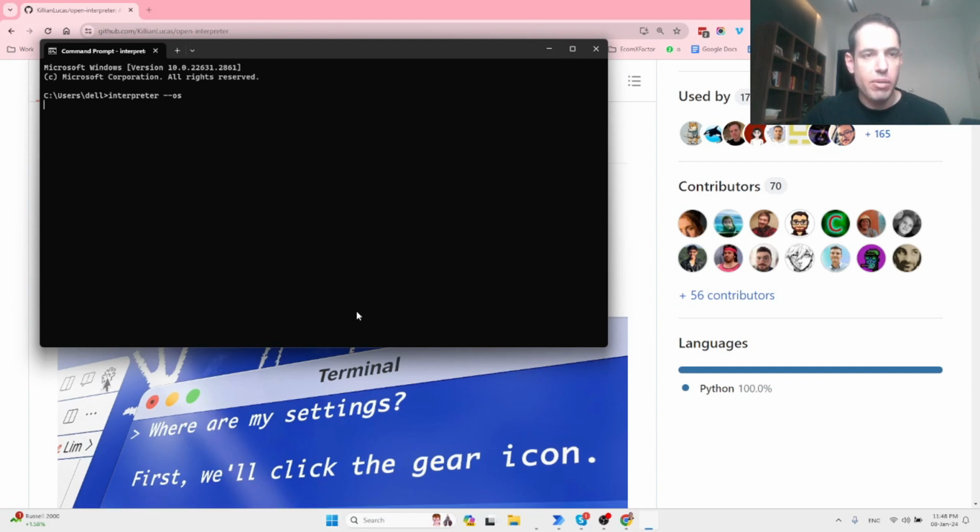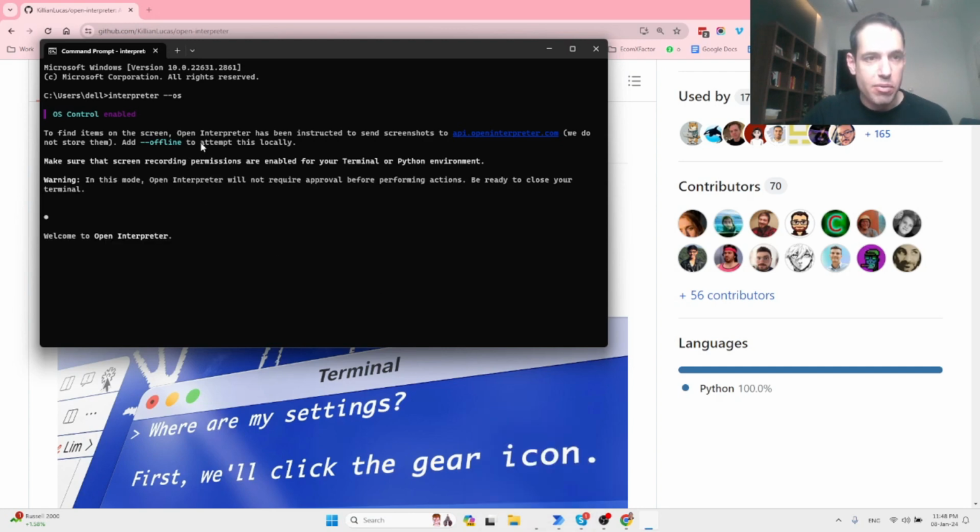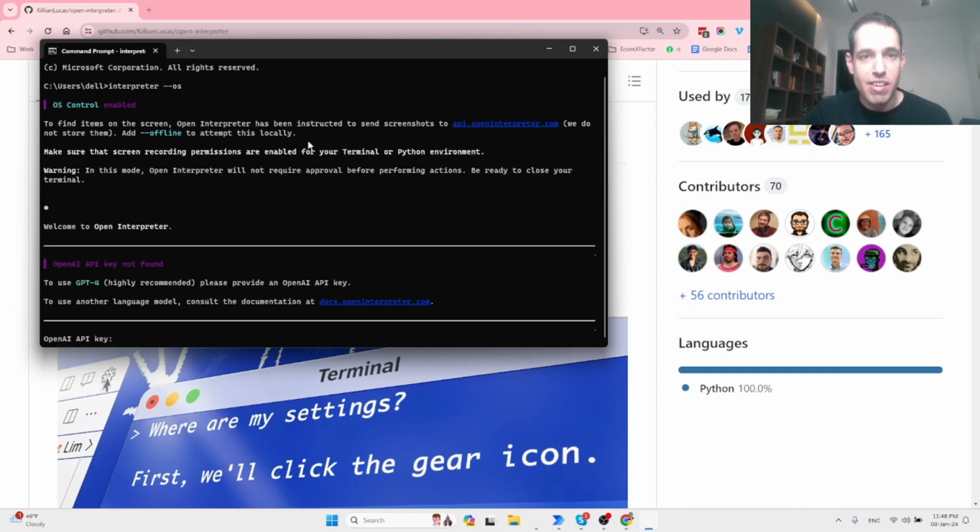So I wrote down 3 tasks that I wanted it to achieve. So it's saying to find items on screen, Open Interpreter has been instructed to send screenshots. Basically, it takes screenshots of the web page and it analyzes using a vision model. And based on this, it acts and moves forward and adjusts stuff